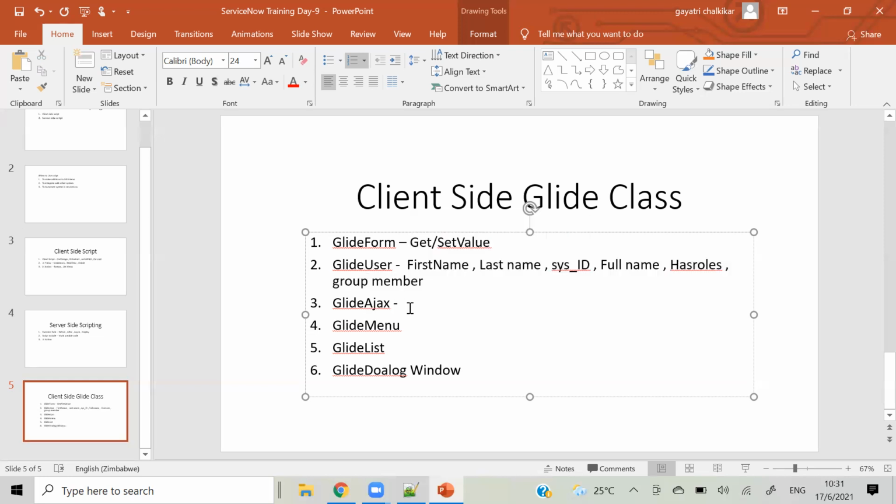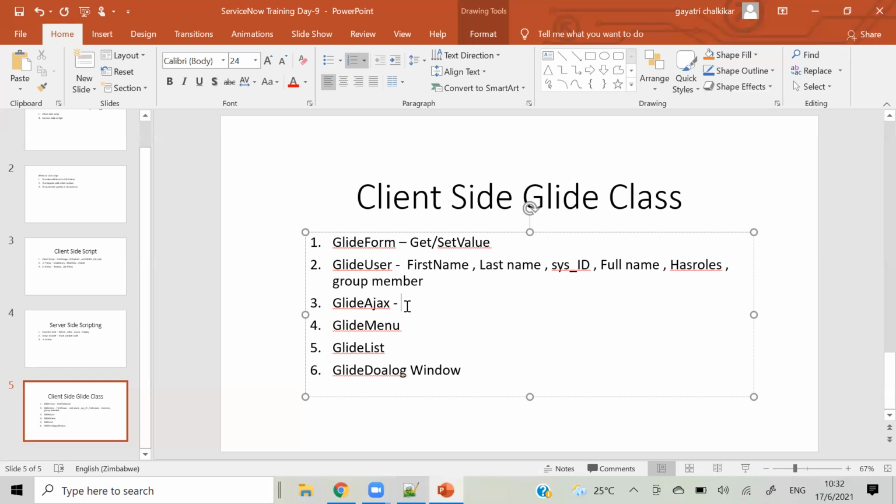Okay. Then we have a topic called Glide Ajax. As I told you, we have Script Include, which is multi-purpose code. That Script Include we can call on the server side, and we can call it on the client side also. If you have written an on change client script and you are calling that Script Include inside it, for that purpose we use Glide Ajax.